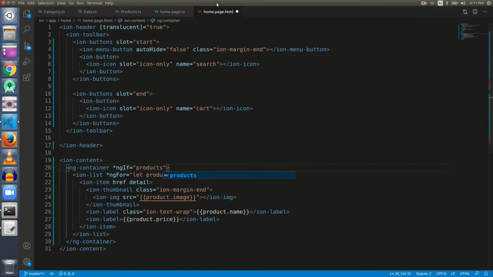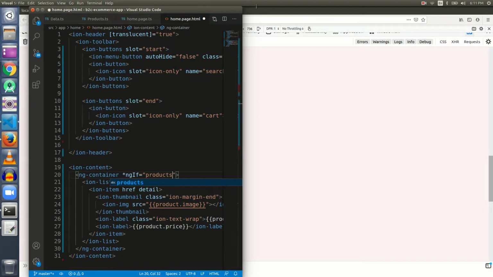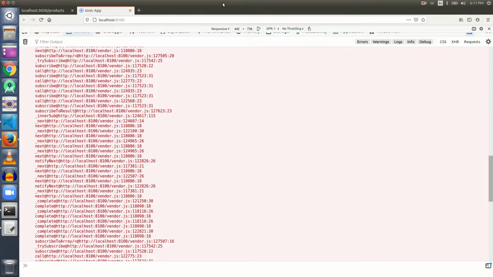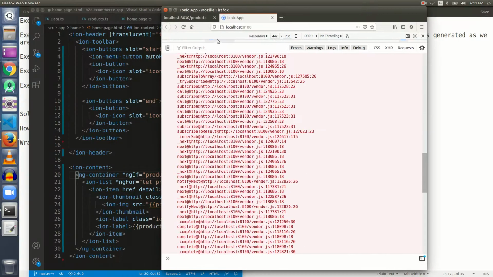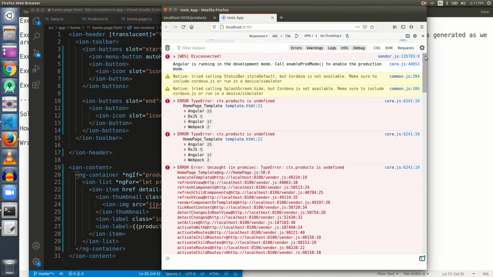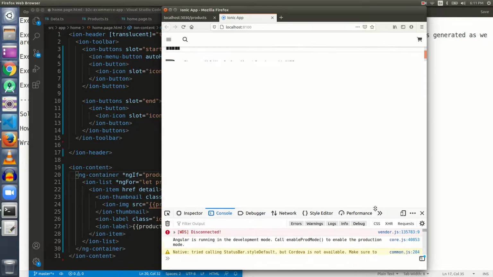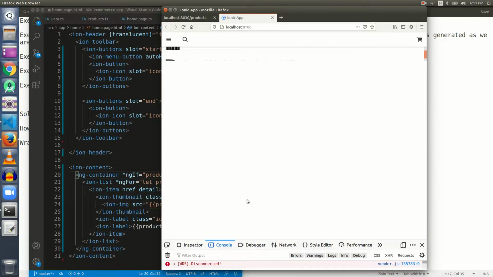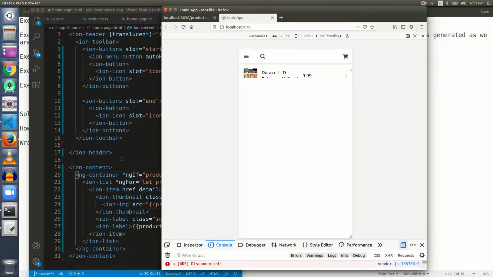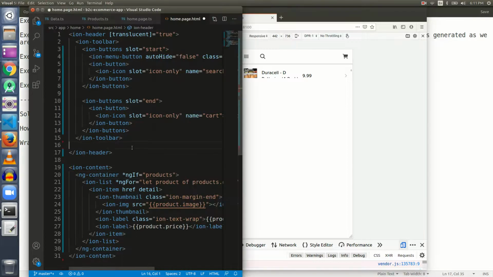Let me save it, and then we will see if there is any change in our output. Okay. Let me do Ctrl Shift N and let me save the code.